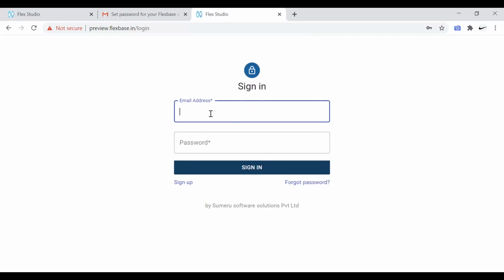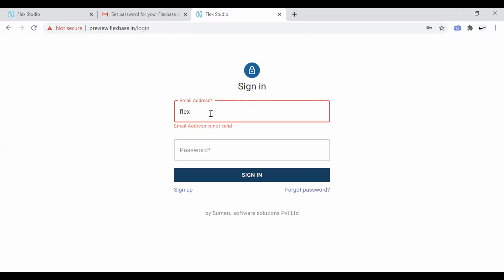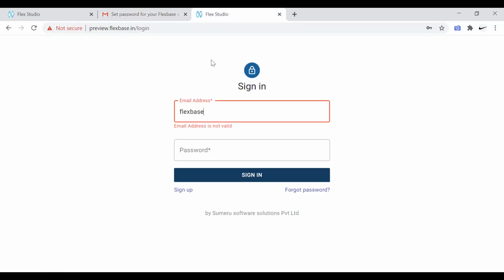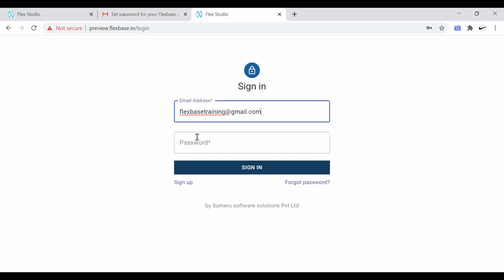Now let's log in with our email. This is our login. Password which I entered. Let's log in.